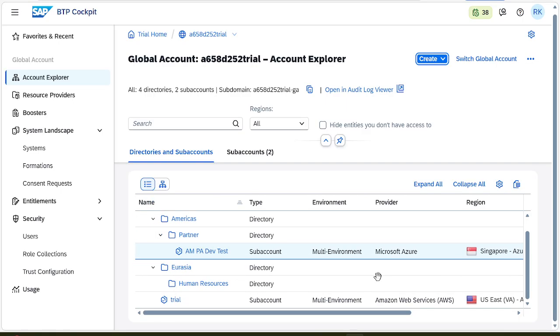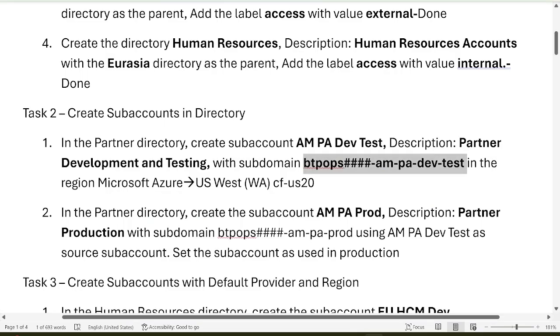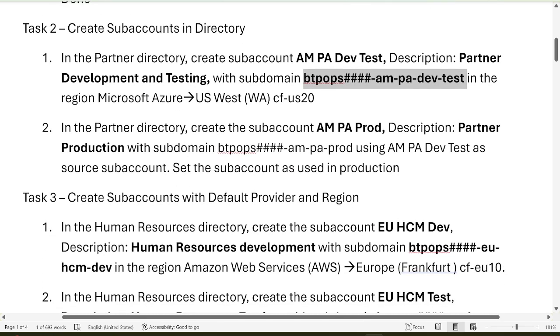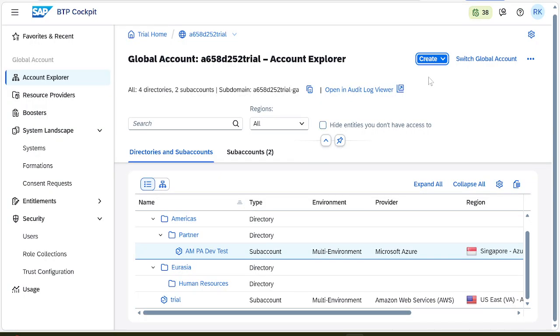Okay. So the first question of task 2 is completed. Now come to the second. It is saying we have created a sub account for development and test. Now we are going to create a sub account for production. So click on create sub account.